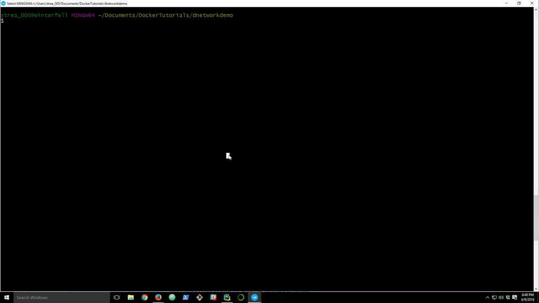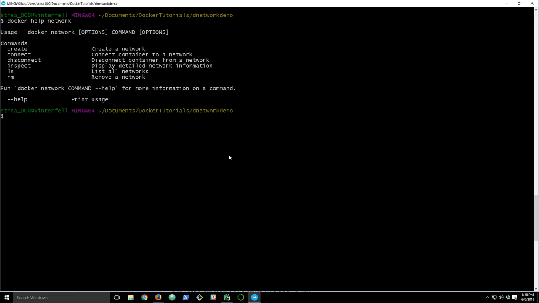So Docker networks, actually I might have old networks here. Docker network is a command you'll use to interact with networks. So let me show you, you can create, connect, disconnect, inspect, list, or remove a network. And actually, I don't think I removed the ones I was doing with tests before, so we might get an early chance to do that. So I have a Docker network